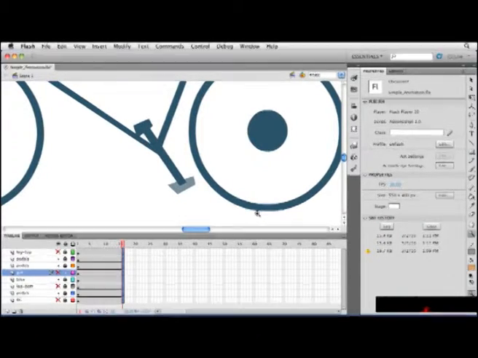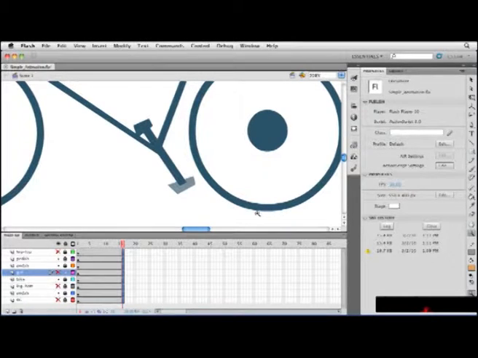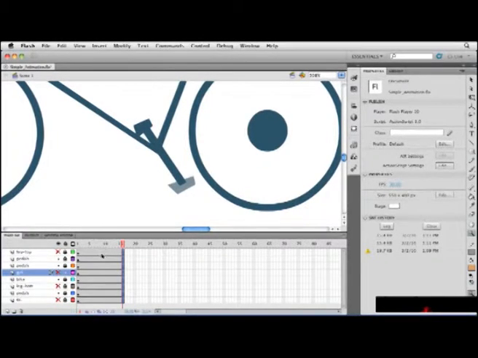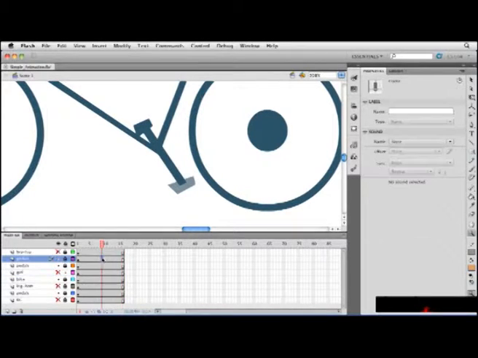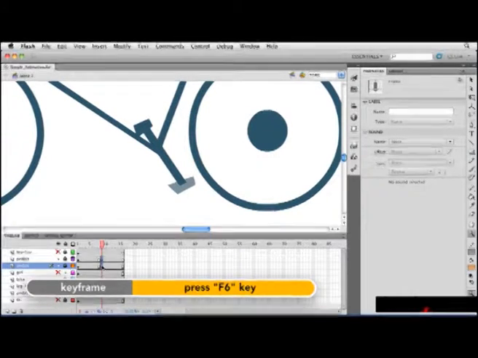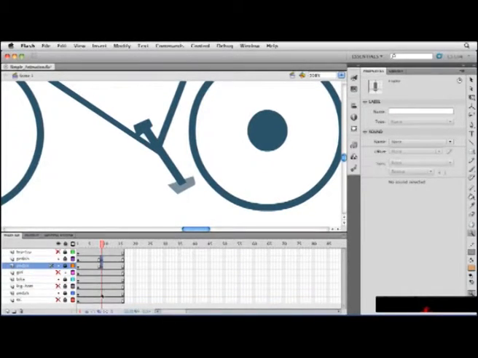I'll start by creating keyframes halfway through the animation, because in this animation we want the pedals to rotate through a full circle. So I'll go to frame 9 in the top pedals layer, and I'll shift click frame 9 in the pedals layer below it and press F6 on the keyboard to convert those regular frames to keyframes. Finally, in the bottom pedals layer, I'll select frame 9 as well and press F6 on the keyboard to insert